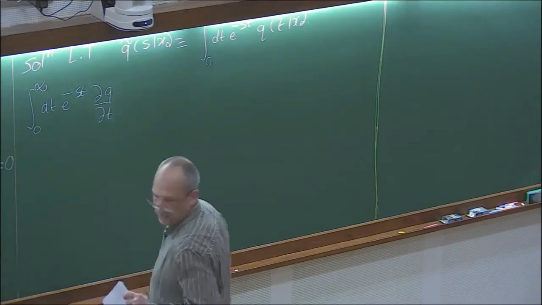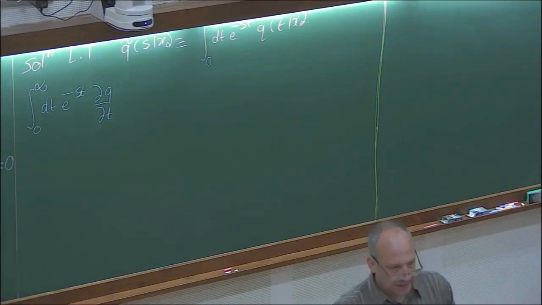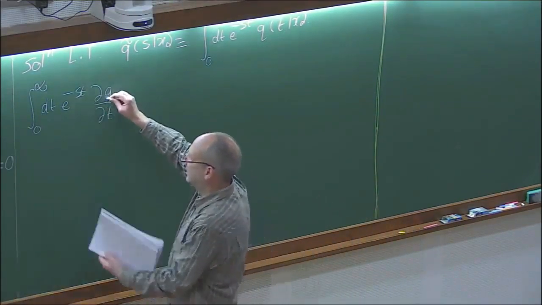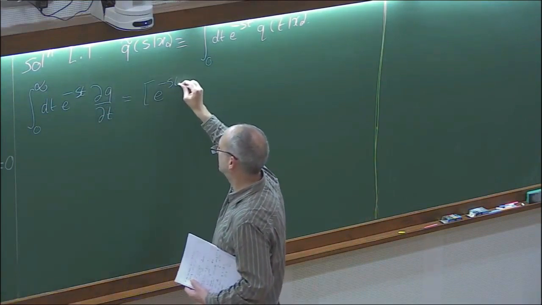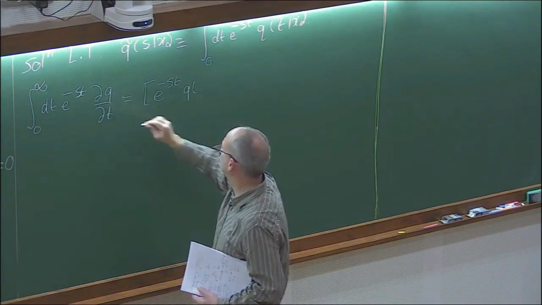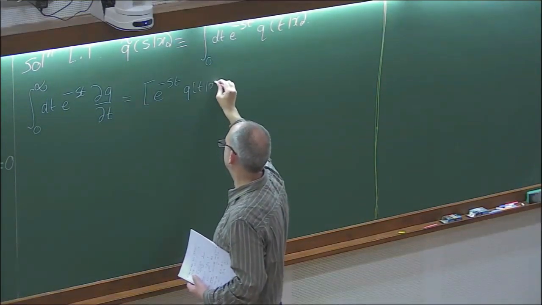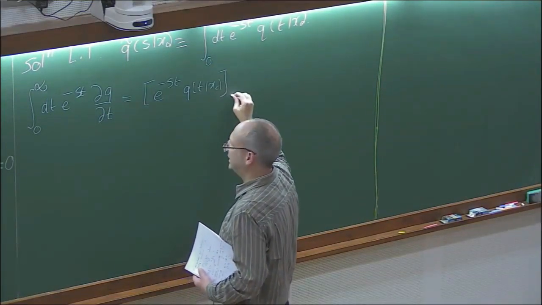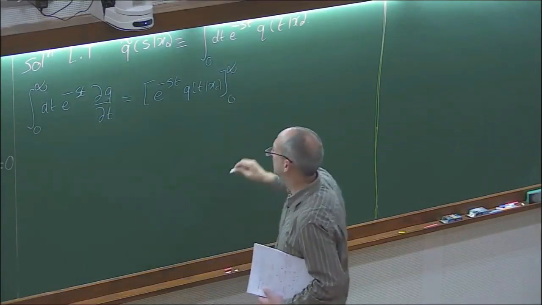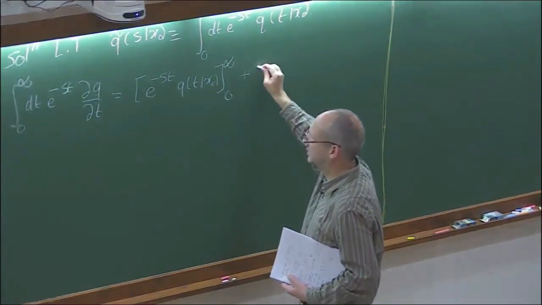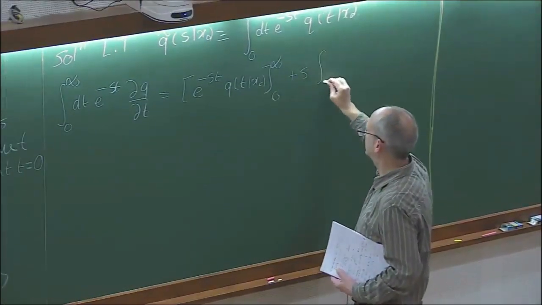And that I integrate by parts. So remember, integrate by parts, you integrate 1. So actually, let's put in the q t dependence, q t given x naught, from t equals 0 to infinity. And then I differentiate the other part with a minus, so I end up with a plus s. And in fact, I'll just then get the